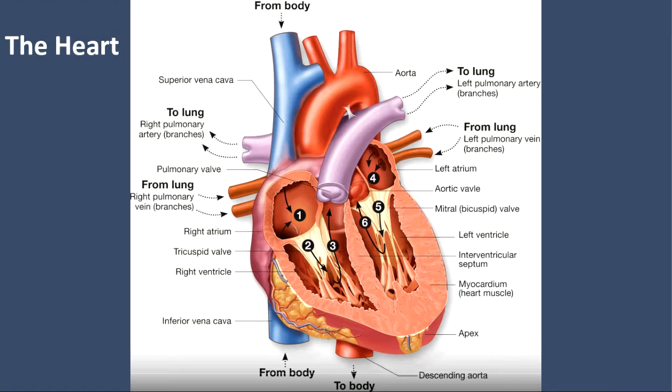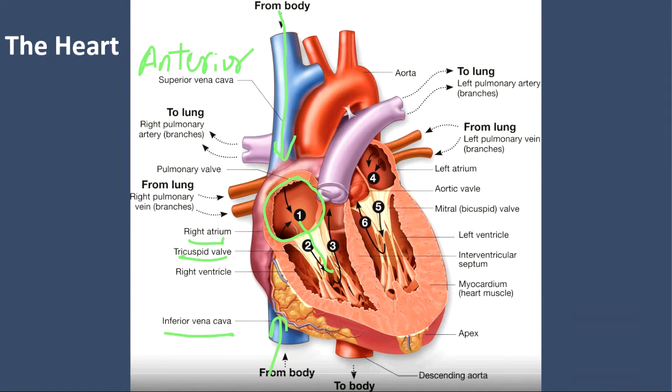Okay, so here it is again. You guys can use this to go over it again. From the body, right? The blood from the body enters. Here's the superior, also known as anterior vena cava, and here's the inferior, and it enters the right atrium. Passes through the tricuspid valve,